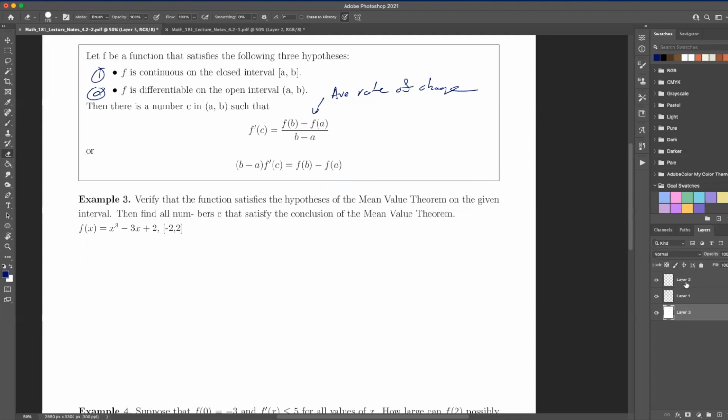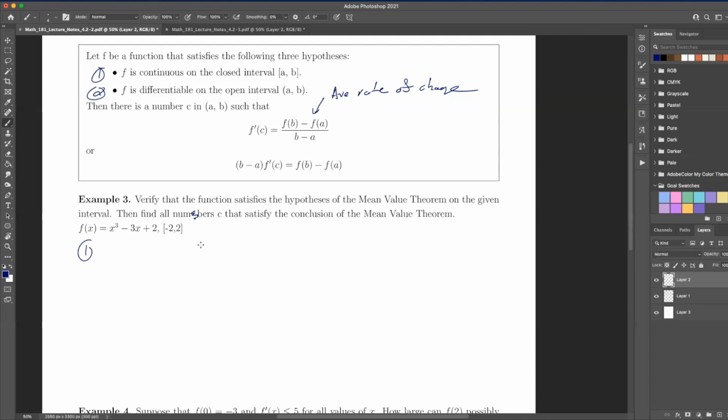You're going to see some problems like this. So let's verify this. Here we're going to see some problems. I'm just going to say find all numbers c that satisfy the conclusion. So here we have x cubed minus x plus 2. And so we want to say, does this satisfy 1? Here we only have to satisfy